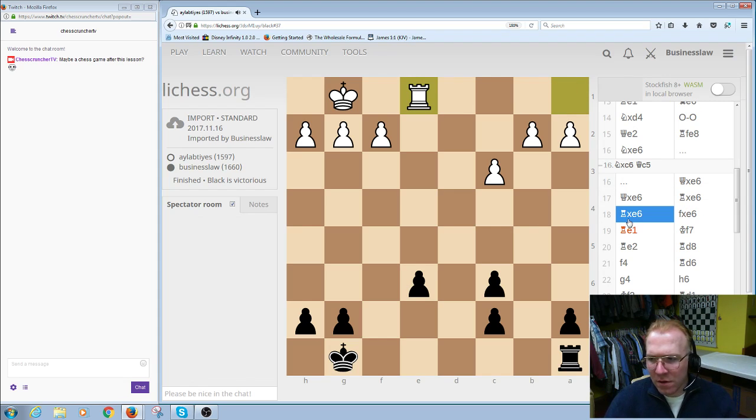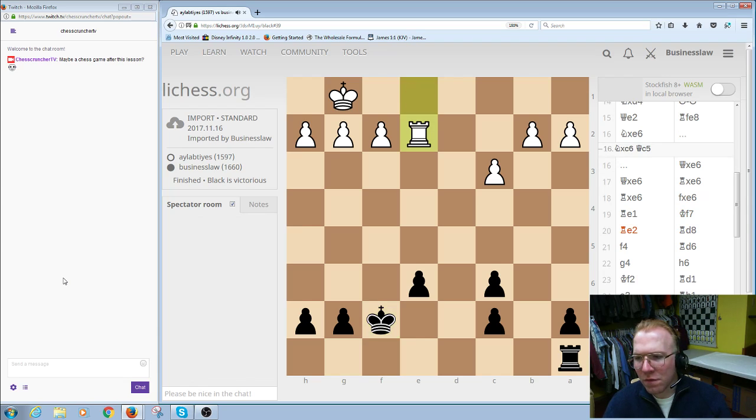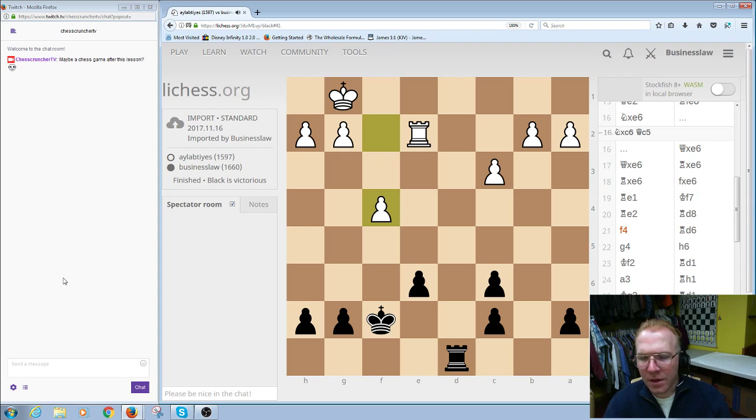And then here I play king to f7. King f7 is an important move because it protects the pawn and activates my king. Right now my structure's bad, but remember I now control the open file on d8. He goes f4 because he wants to get his king involved the fastest way that he could. And so what I do is I go